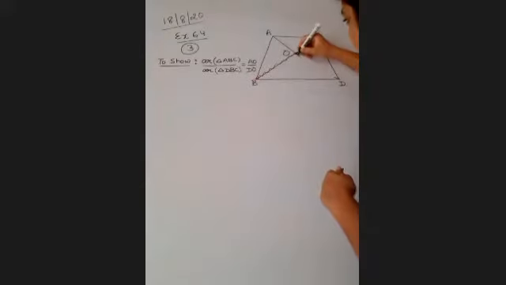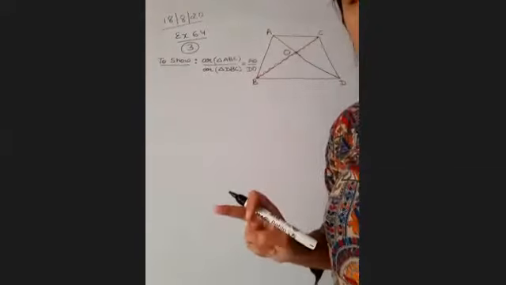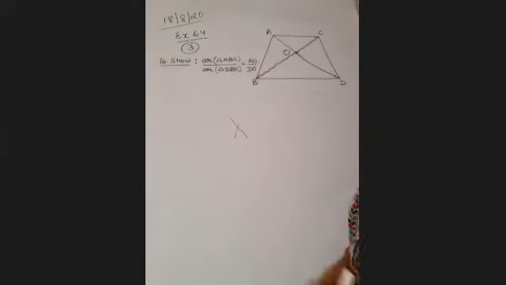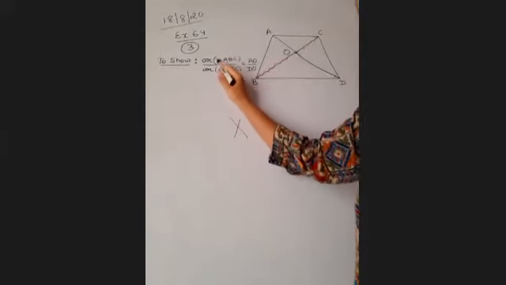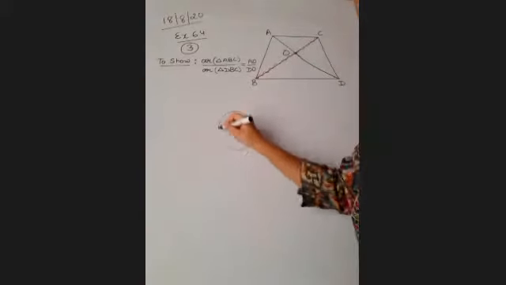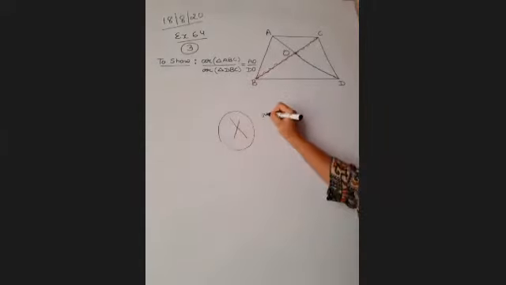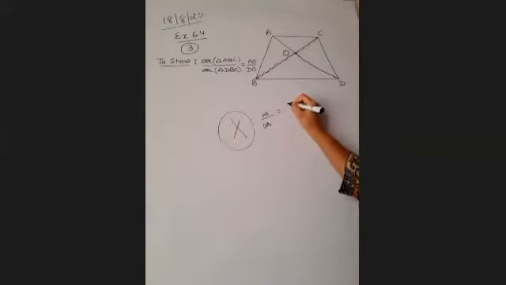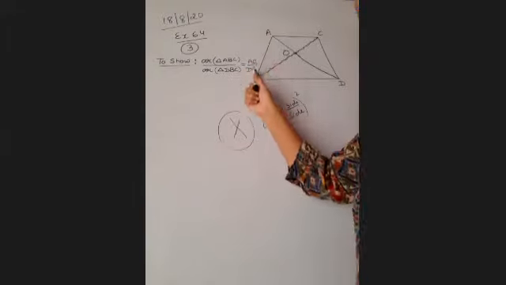Children, just see. I have always told you that it is important to know what we have to do, but at the same time, it is equally important to know what we do not have to do. Now, looking at the area of two triangles and the ratio of the triangles, we will be going for the area theorem. But children, no. We are not going to apply that area theorem here. I tell you the reason. Area theorem says that the ratio of areas of two triangles is equal to the ratio of the squares of the sides, right? Do we have the ratio of the sides here?